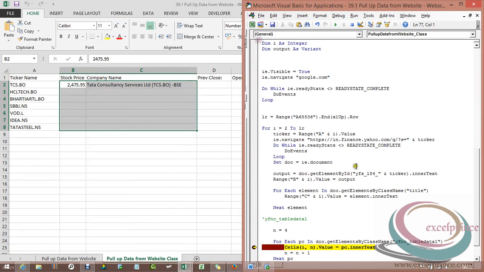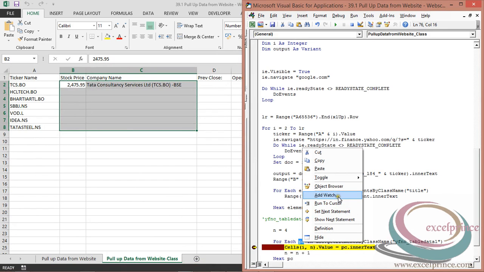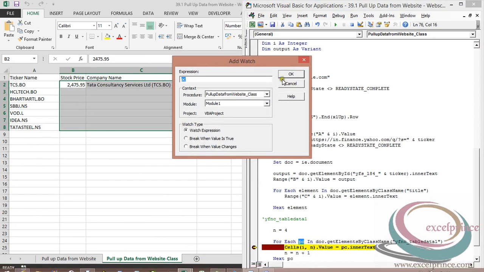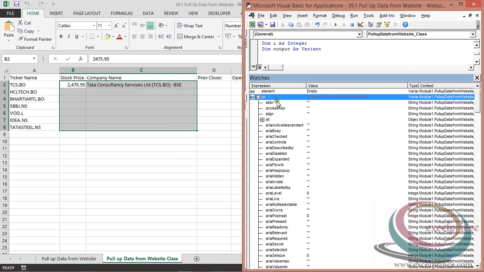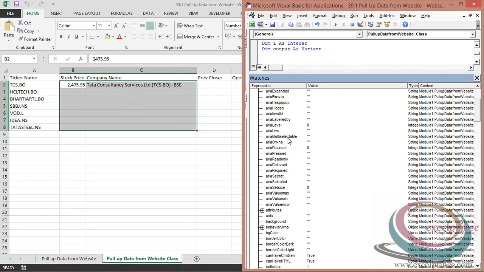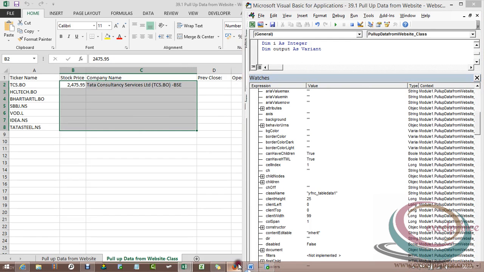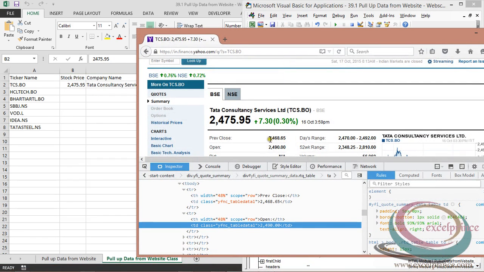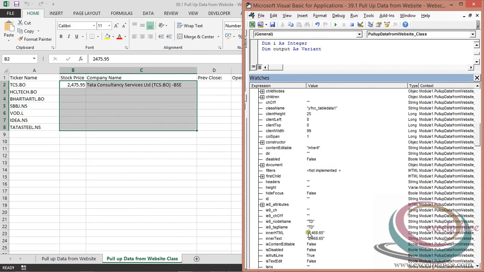Again minimize this one. This time my element would be PC, so I'm clicking on PC and clicking add watch. So let me check what is residing in PC. I need to look at which value, previous close. Let me check what that value was. So that value was 24685.